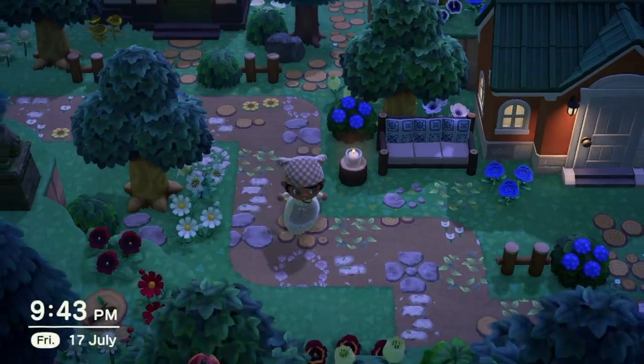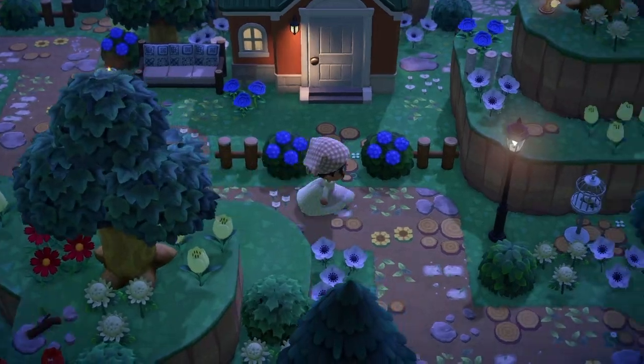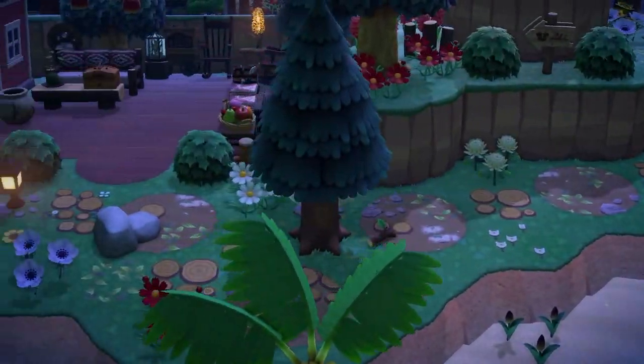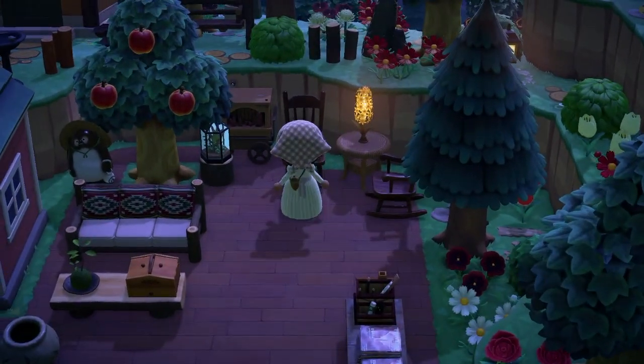Like maybe they're old friends. Yeah, I think so too. Also, I think eventually I'm going to swap Judy out for Portia, and I think Portia and Marshall would be great friends. But yeah, so that was kind of the thing: I wanted each villager to have